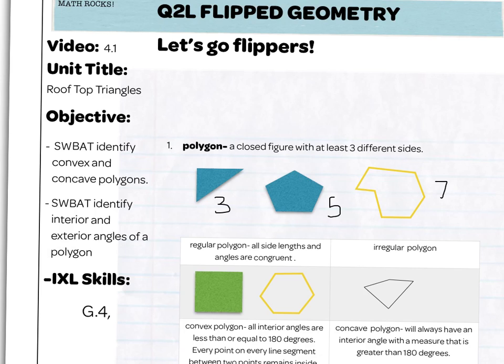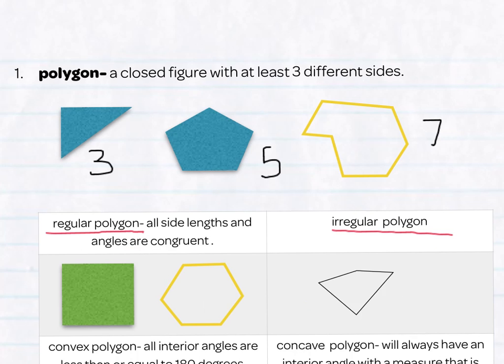Okay, so now there's another way to classify polygons, and that is by if they are regular or irregular. So let's look at the regular polygons, and then we'll talk about irregular polygons. A regular polygon is a polygon where all the side lengths and angles are congruent. So here we have a square where all the side lengths are congruent. We can do that by marking this. Okay? And all the angles are congruent as well, meaning this angle is congruent to this angle